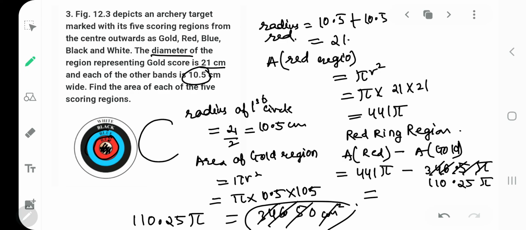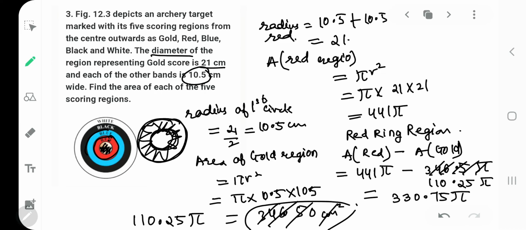If this is my circle, and I want the area of only the red region here, I have to subtract the outer circle minus the inner circle. So every time, every colorful region, when you are finding the area, you will be subtracting the previous area. Getting my point? So for your red region, I'll get 441 minus 110.25